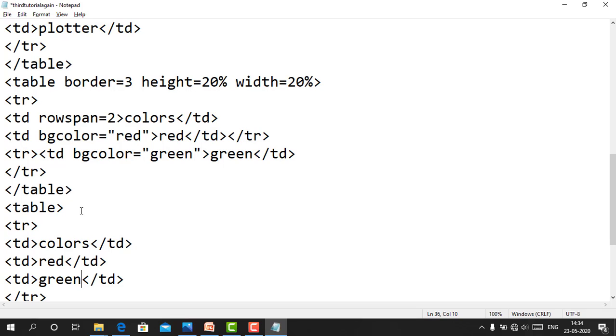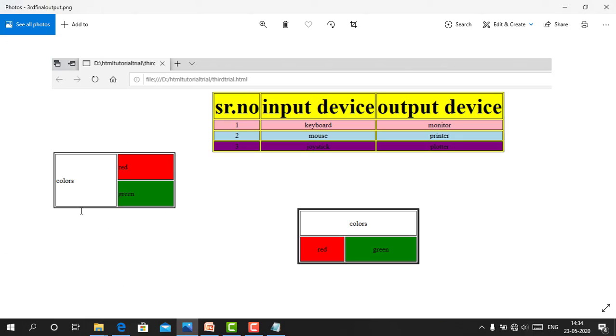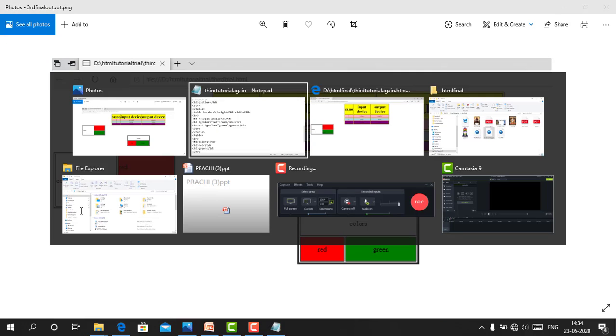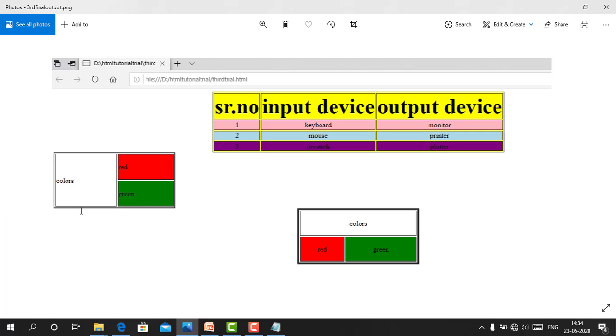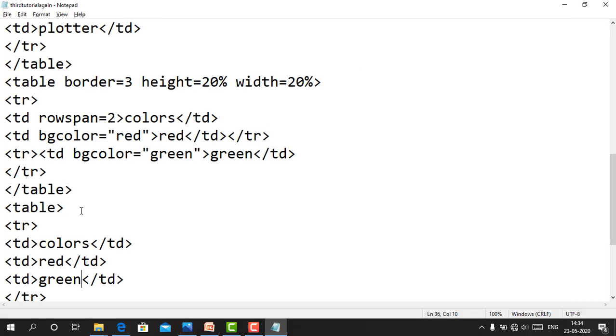Okay, but Control S, Alt Tab, but we didn't set again the border. Okay, so set the border. Border I will keep 4. Border equals to 4.